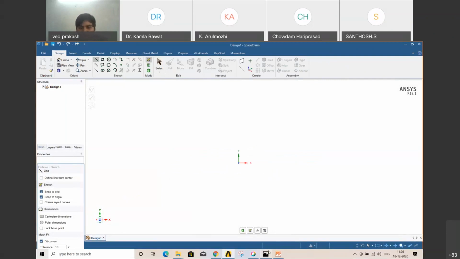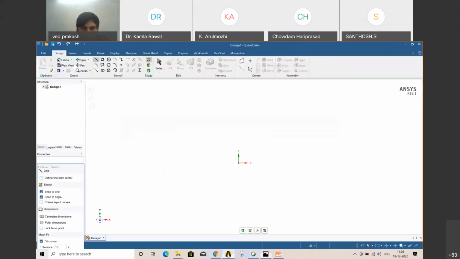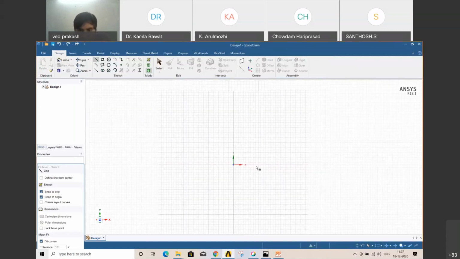The problem is in 2D. In the last class I discussed 3D geometry, so today you'll get some idea of how to perform in 2D also. We did not discuss unstructured meshing in the last session, but if time is left, then we'll discuss that too. So today we'll start with this only, and create our geometry.